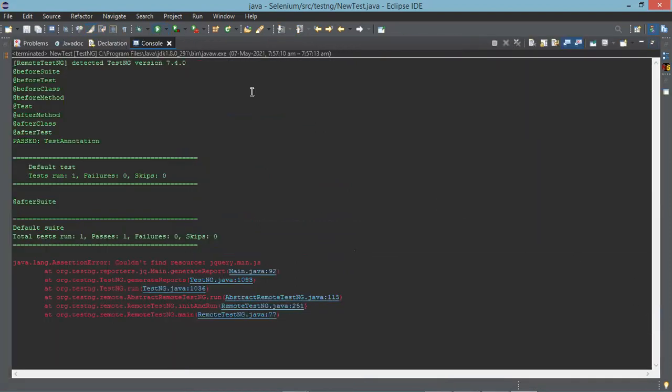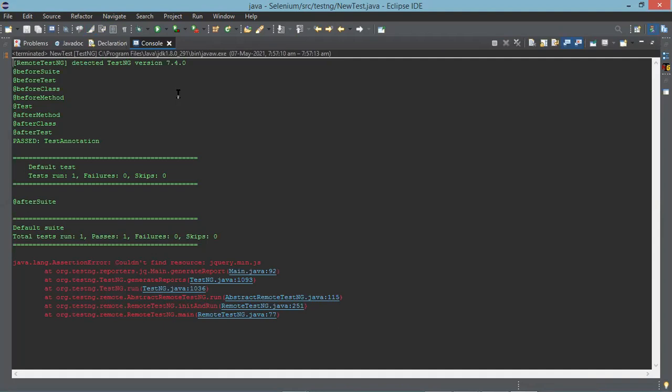Now go to the console and check. What is the first one executed? You can see the order. Before suite is the first one, and then before test, before class, before method, and then test, and then after method, after class, after test, and you can see the after suite only after the consolidation of your result.